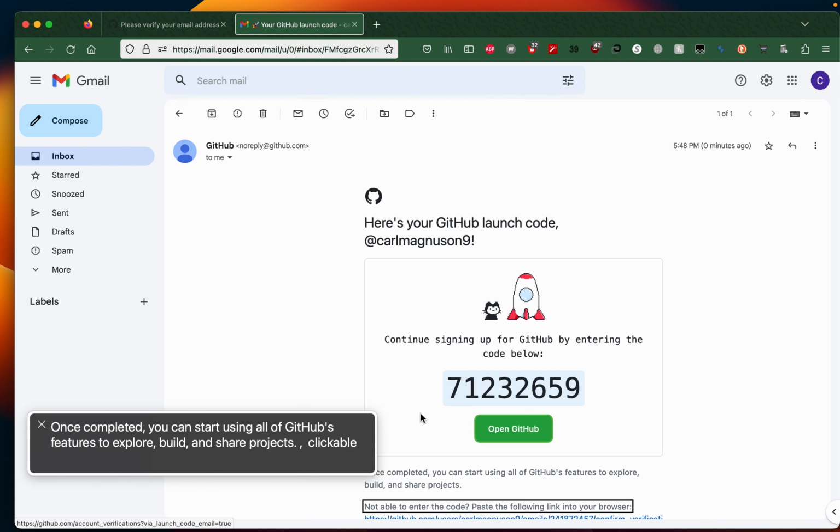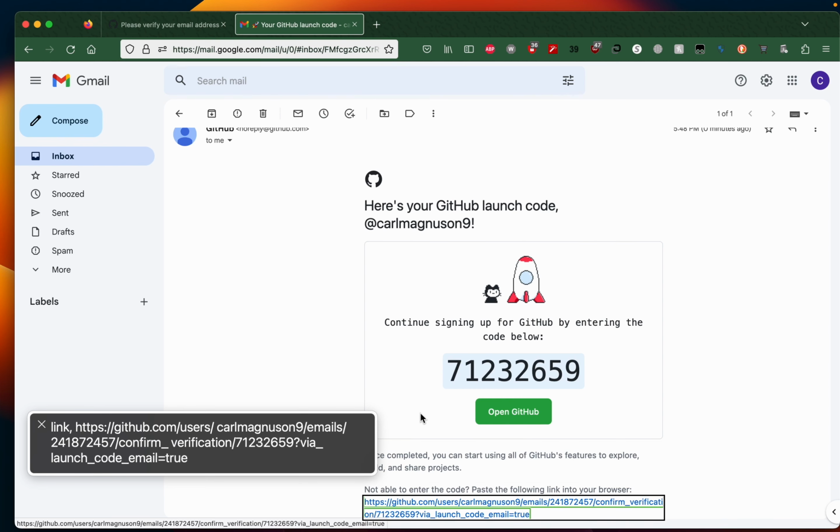You can start using all of. Not able to enter the code? Paste the following link into your browser. Clickable. Link. https://github